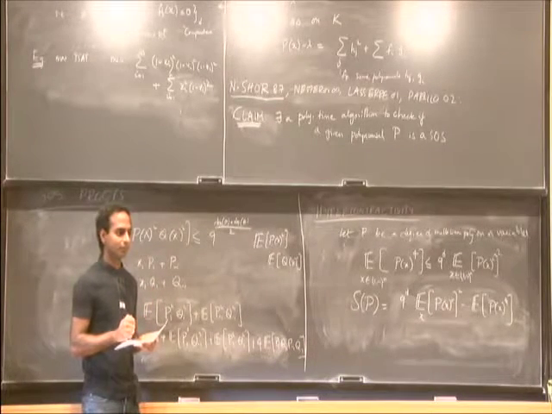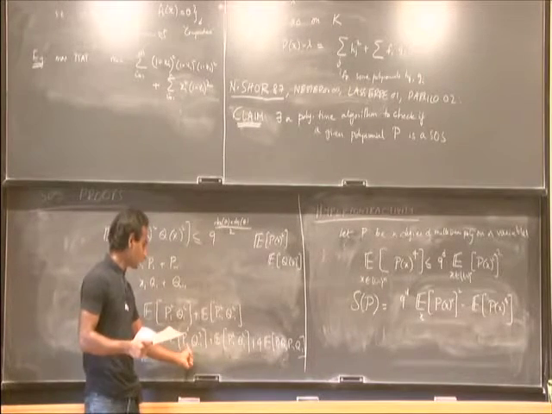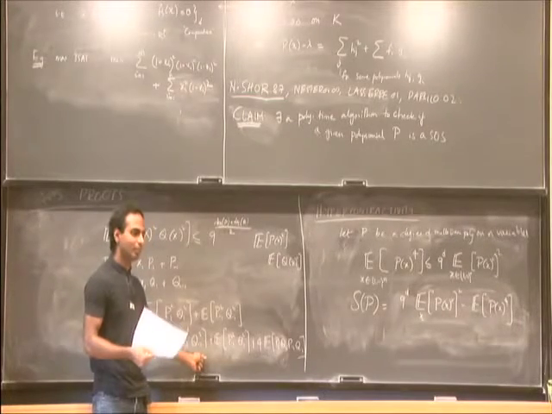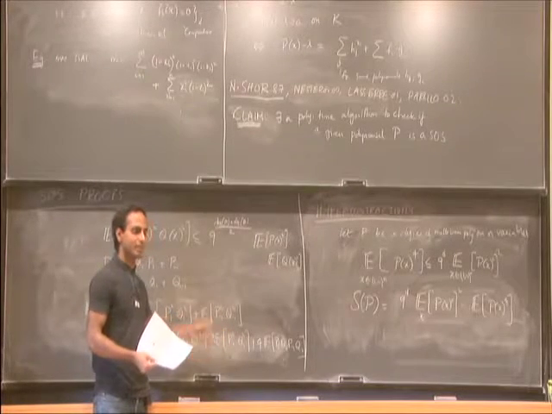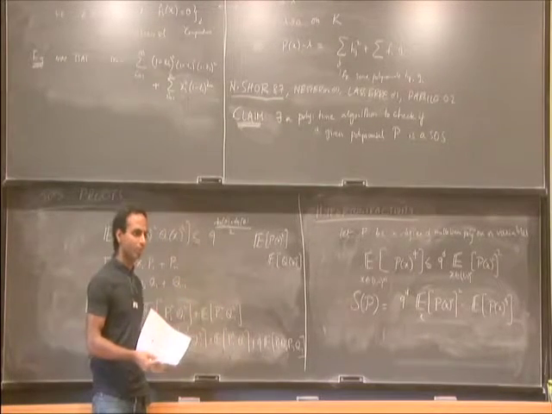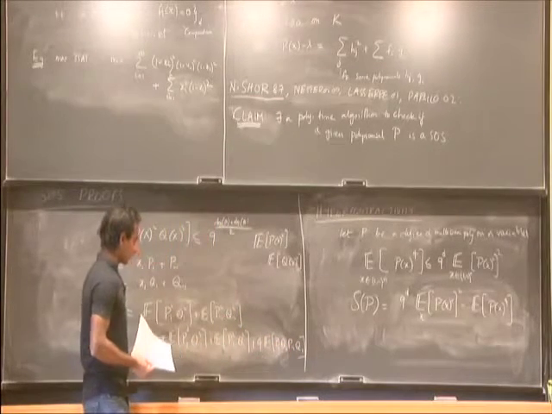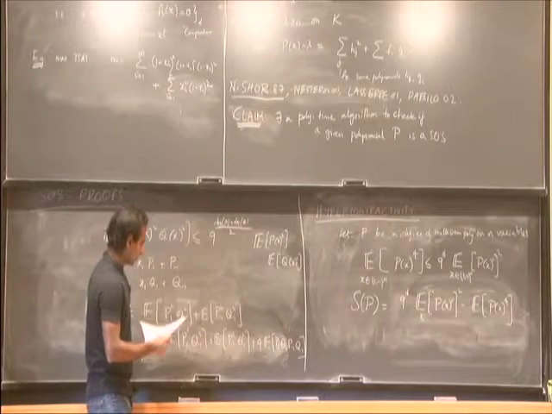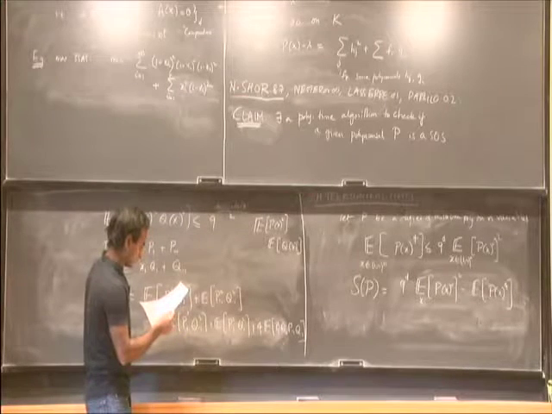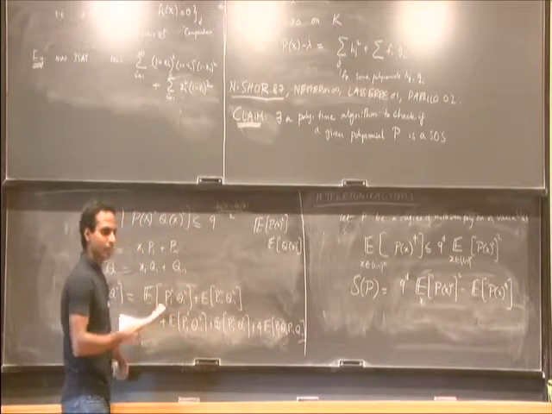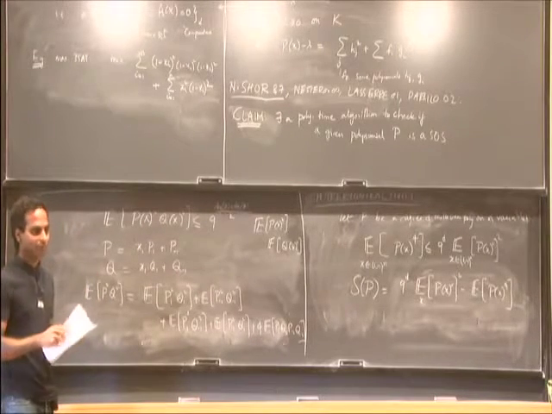Wait, what has degree less than what? P1 squared, Q1 squared has degree less than P squared, Q squared. P1 squared, Q minus 1 squared has degree less than P squared, Q squared because P1 does. So all of these have total degree less than the original total degree, so you can use the induction hypothesis. And here you apply Cauchy-Schwarz. Wait, wait. Yeah, you do double induction then on the variables too. Yeah, you're right.